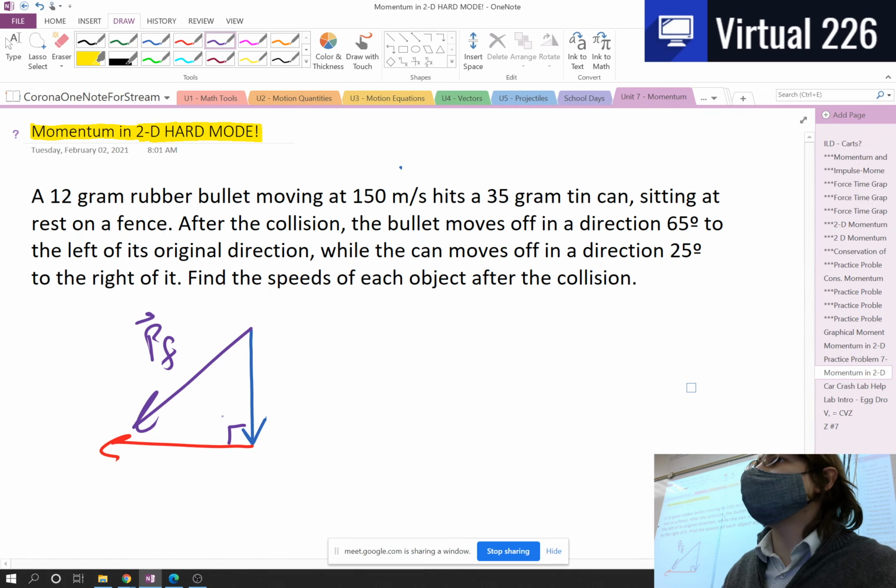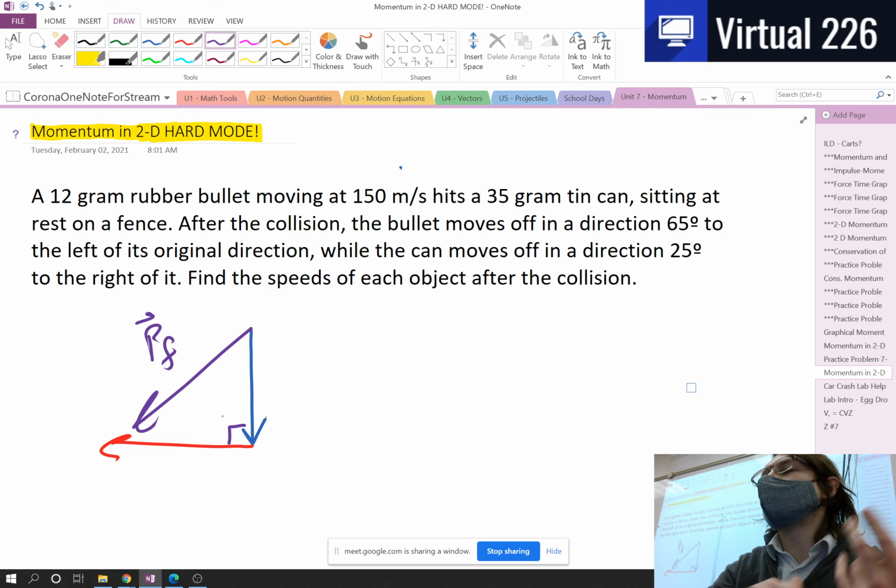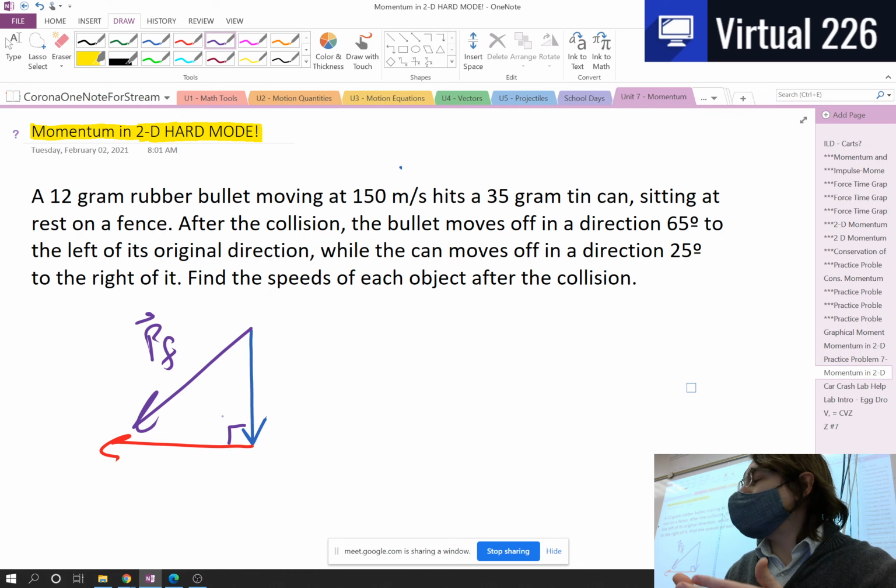But what happens when things ricochet at kind of random angles? That's what we're going to look at in this problem. We're still going to be using the conservation of momentum. Whatever momentum we had initially is the same amount of momentum we have to have at the end. But because things are ricocheting or colliding and then bouncing off in weird directions, we're going to have